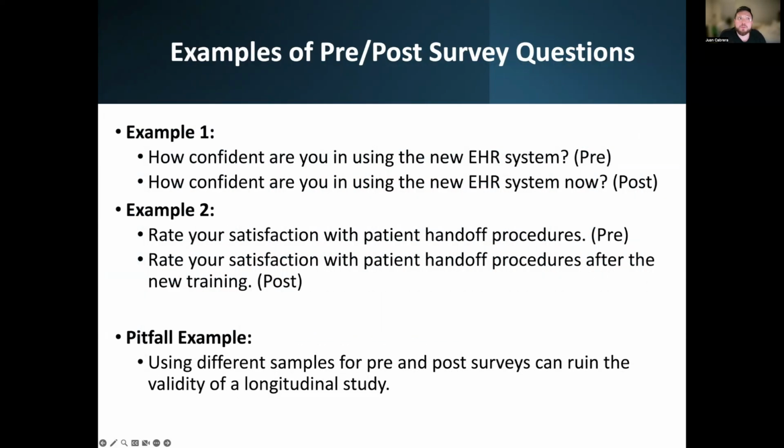For example, consider the implementation of a new electronic health record system. In the pre-survey, you might ask, how confident are you in using the new EHR system? This question assesses the initial confidence level of the staff before they start using the new system. After the system has been implemented, you would ask the same exact question in the post-survey, how confident are you in using the new EHR system now? Using the same wording and response options allows you to directly compare the responses and measure any changes in confidence